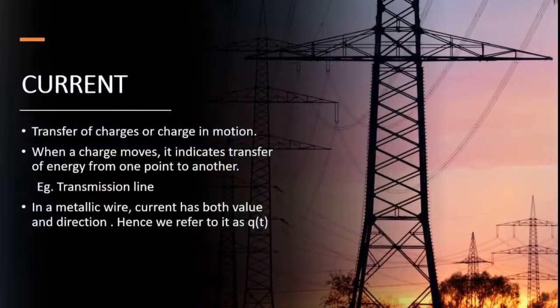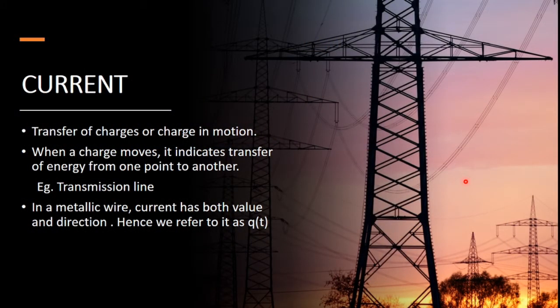So this is all about charges. We saw that charges are the main thing for voltage, and charges are the main thing for current also. When a charge is stored in the same place like a battery or a power bank, those are called voltage sources. Whereas when charges move from one place to another, which is the transfer of charges, we come to a term called current.